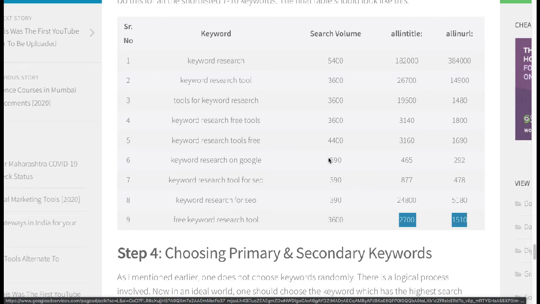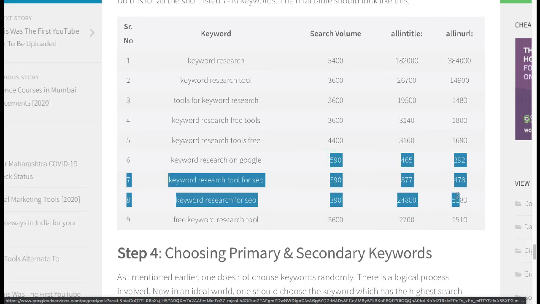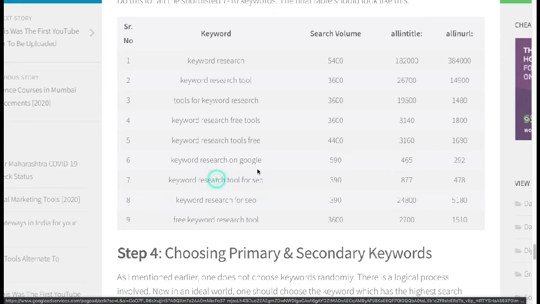I chose to ignore these because the search volume is too less, that is 590, 390, 390. So not a lot of people are searching using these keywords. So my final two would have been keyword number 5 and keyword number 9. These would have been my final two keywords, and I chose to select this as my primary keyword, and some of the keywords from here I can choose as my secondary keywords.